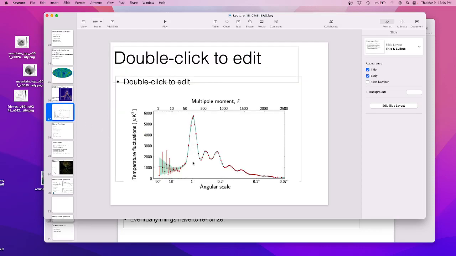So we have this biggest peak here. That is the most common size bump. And it has an angular scale of a little bit less than a degree. Make sense? Then I have these other overtones. Now, if I did this for, say, a trumpet, and I play a B flat, then I would have one big peak at B flat. Here it would be 1 over the frequency. That'd be fine because we're going to be in wave number space. But that's the same idea. So I have one big peak that shows me what the basic size of the fluctuations are.